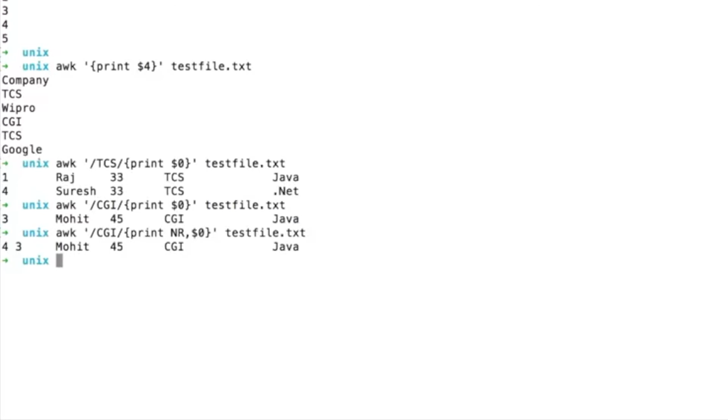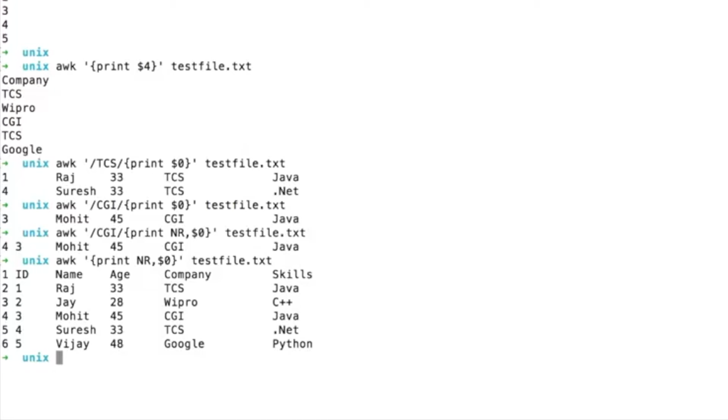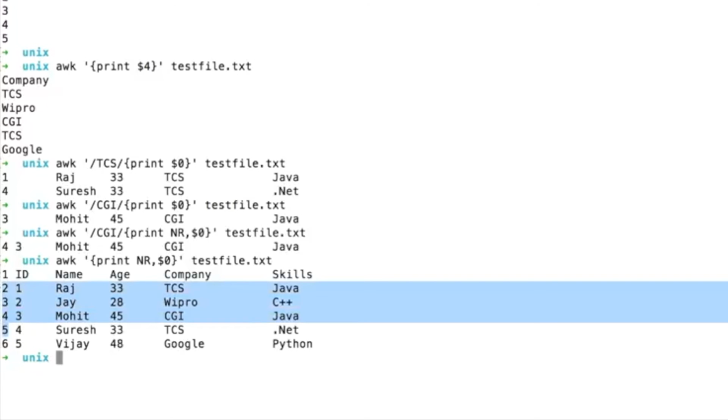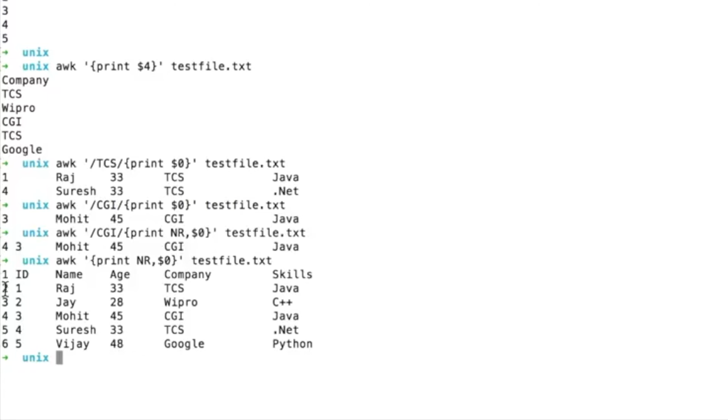Let me first remove the pattern. I will simply print all the records. As you can see here, it prints the record numbers 1 2 3 4 5 6. You can also say these are indexes. So it is basically keeping a current count of the number of input records.